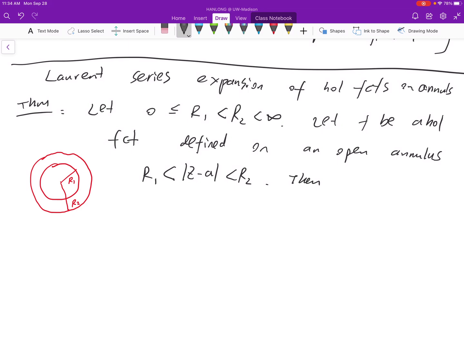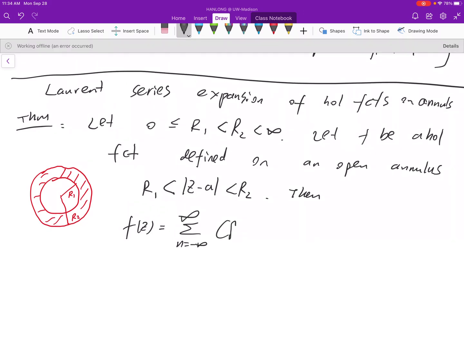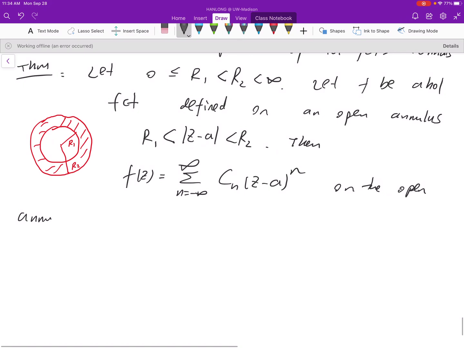Then f(z) is the summation from negative infinity to positive infinity of c_n (z minus a) to the nth power on the open annulus R1 less than |z minus a| less than R2,